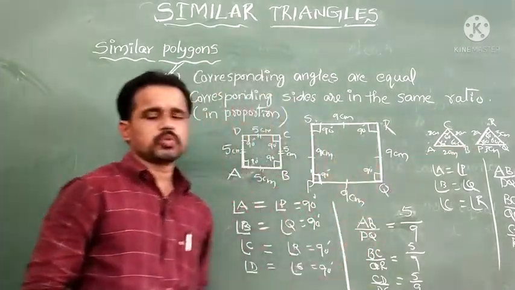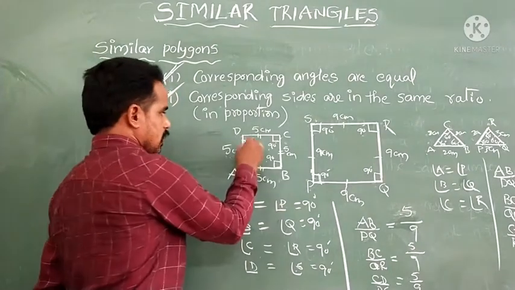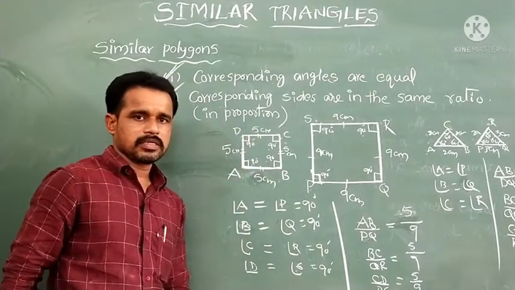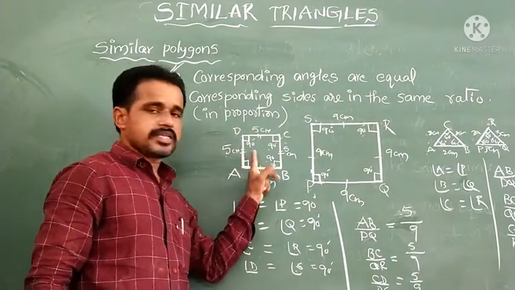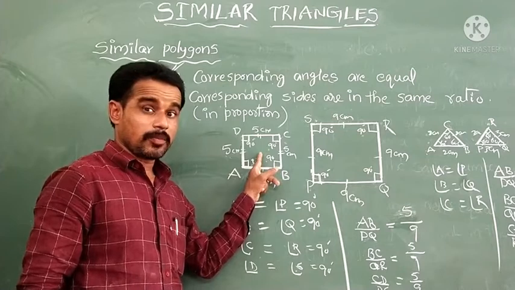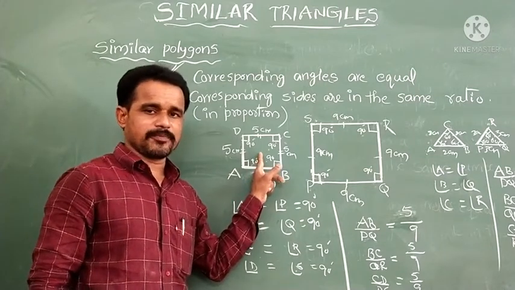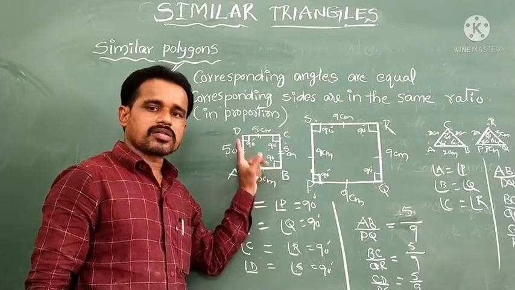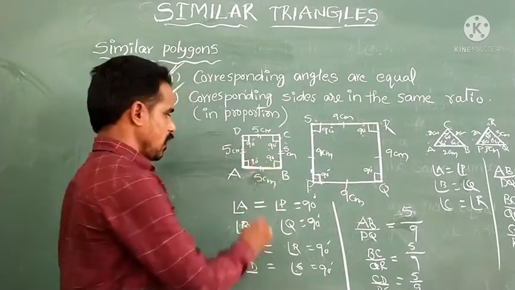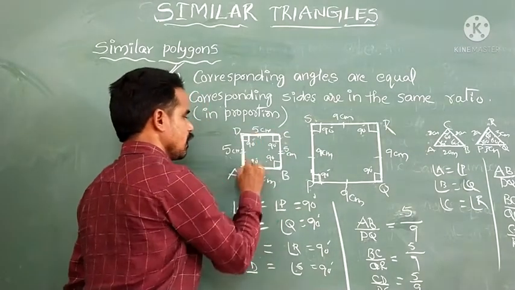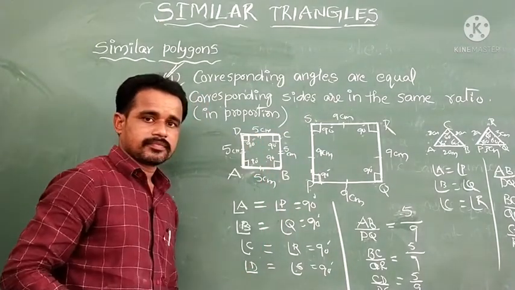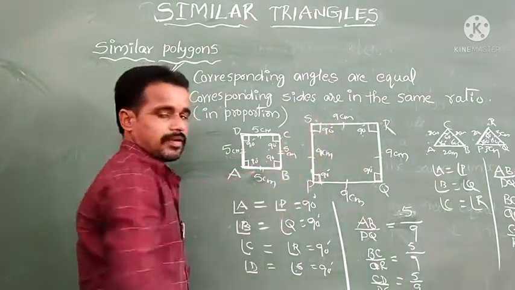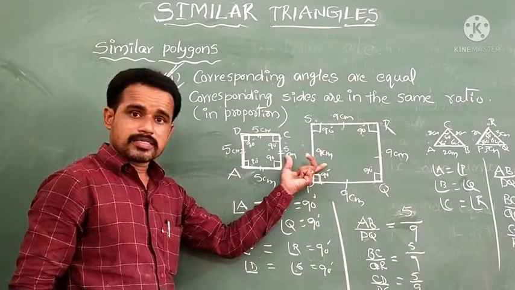By saying these two examples, see, can you say that this is a regular polygon? What is a regular polygon? I have taken the definition. Regular polygon: a polygon in which all sides and all angles are equal. All sides are equal. All angles are equal. Am I right? These two are regular polygons.